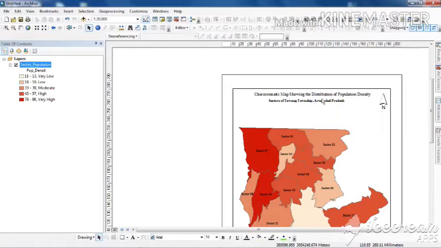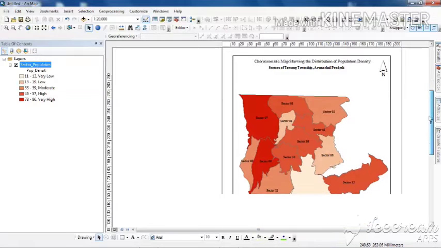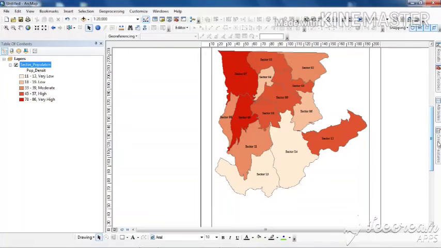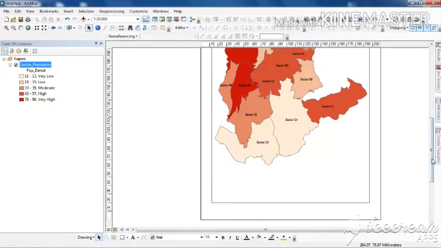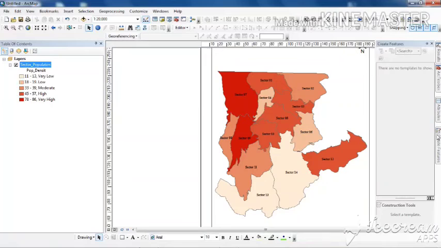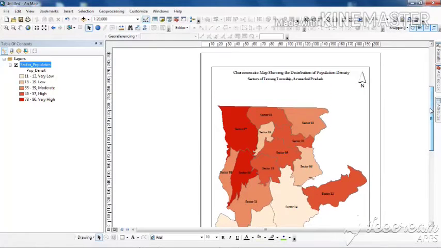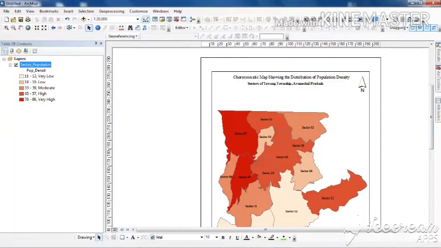One thing you have to remember, your map should be as simple as you can make it, because clumsy maps do not look nice, at least as far as my idea is concerned, or my understanding of the cartography subject and other things.